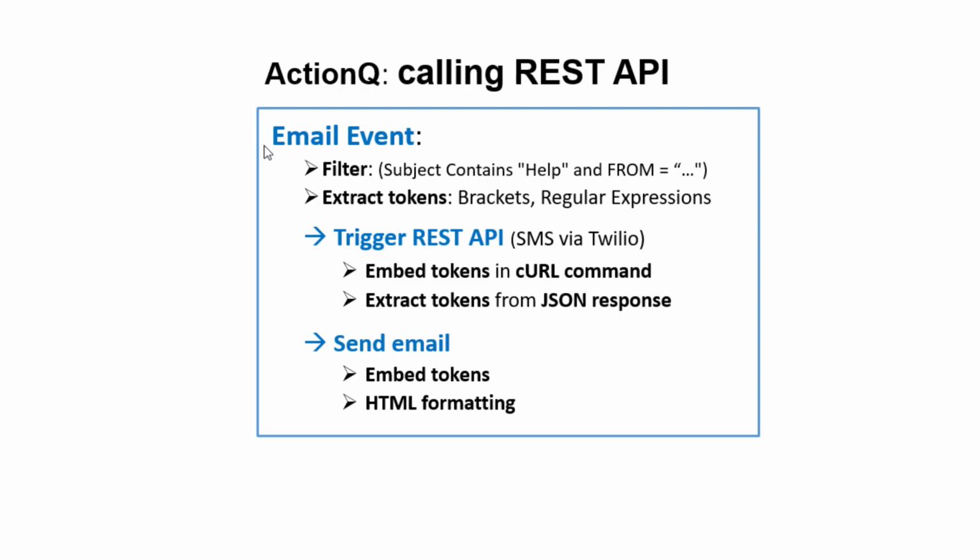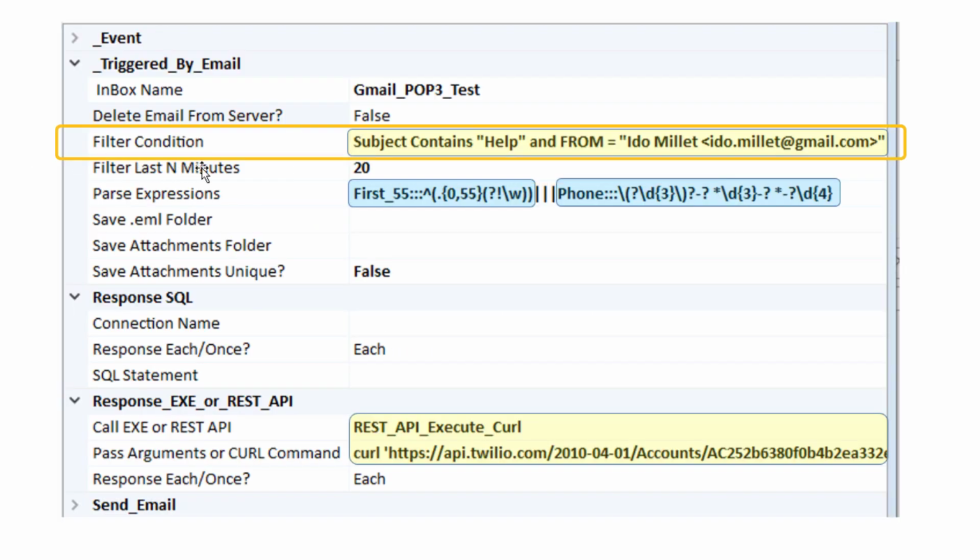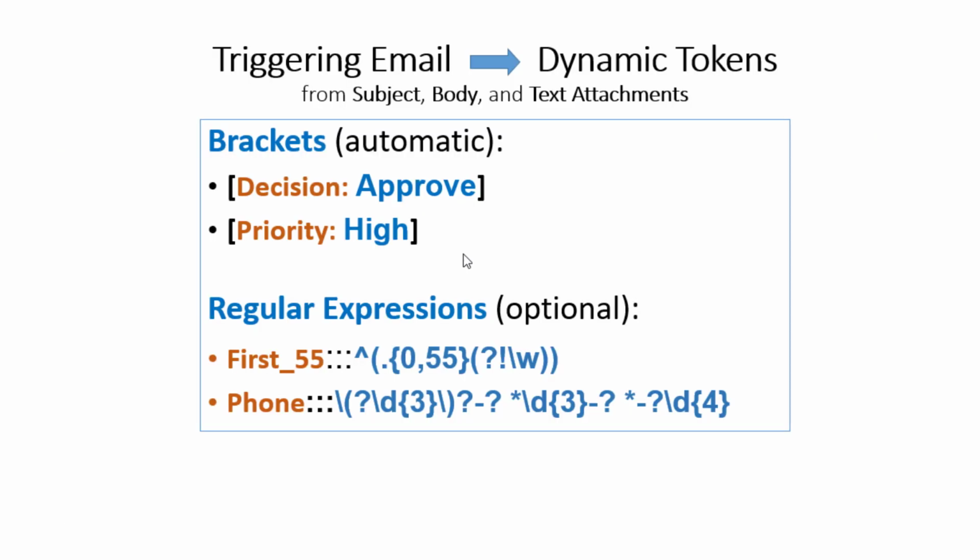We monitor a Gmail inbox and we target only incoming emails that contain the word help in the subject line and originate from a particular address. We do that by entering filter conditions, as you can see here. Subject contains help and from equals Edo Millet. ActionQ extracts information from the incoming email, and in addition to the obvious aspects such as the from address, the